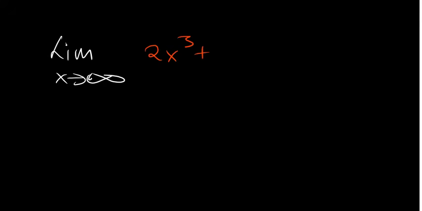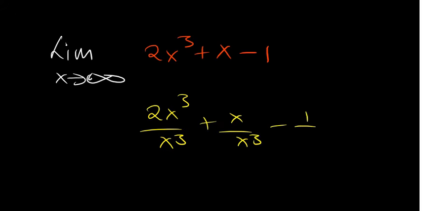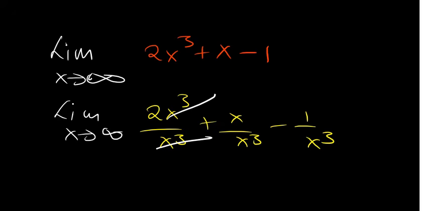So what this tells us is whenever you're dealing with a limit as x approaches infinity of a normal function, let's say 2x squared minus 1, or let me make it more interesting, x to the power 3 plus x minus 1, this requires you to divide the entire function by the highest power. So we just divide by x to the power 3, x to the power 3, x to the power 3. You see that only the first part is going to be spared, since the value of x would disappear. Everything else will be equal to 0. So the answer just becomes,